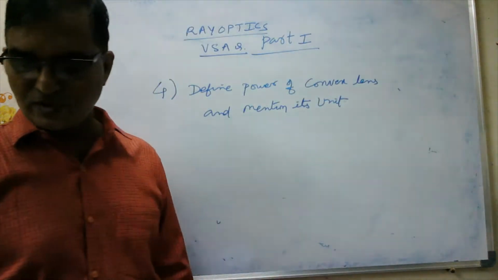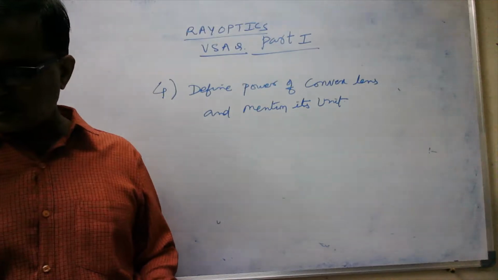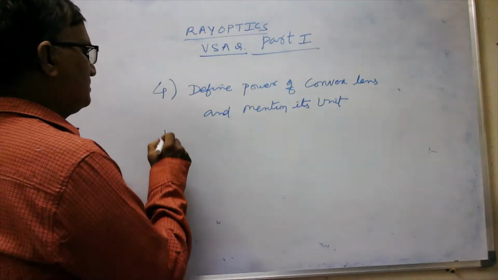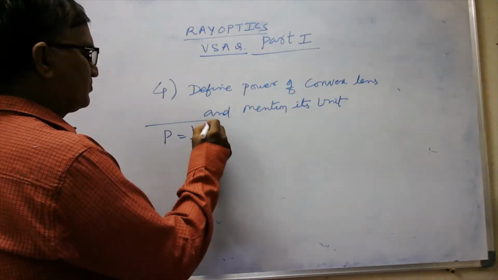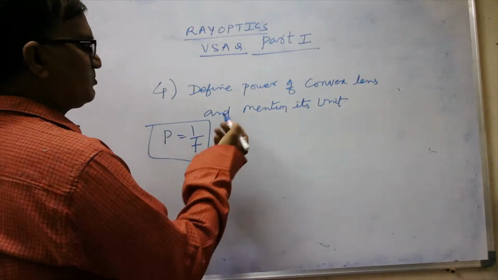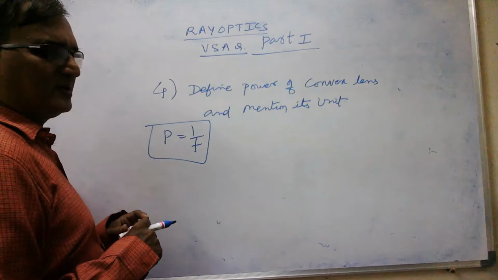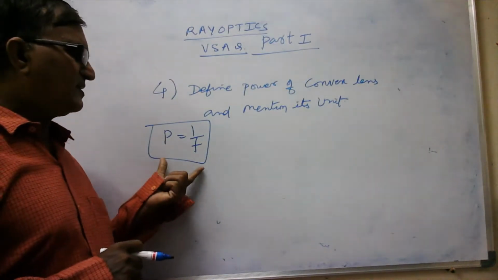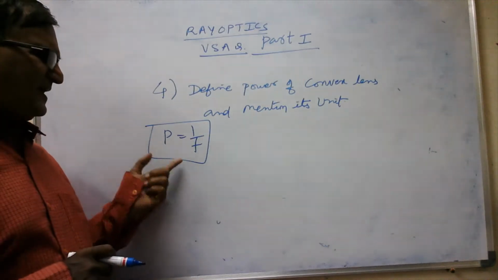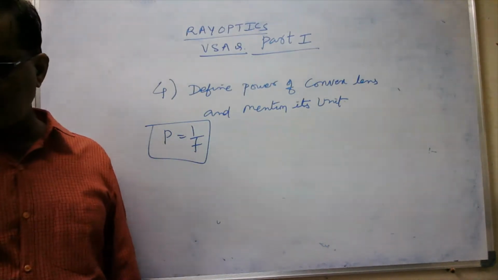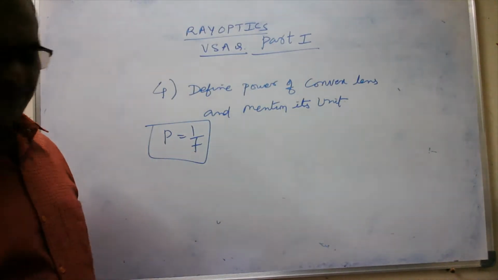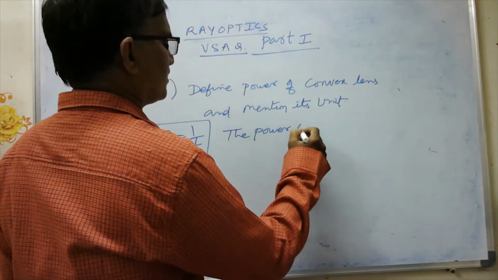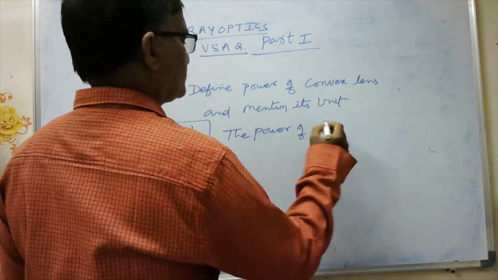Now, the power of a lens is defined as the reciprocal of focal length. Some textbooks give this as the definition, but that is not a 100% correct definition, right? So we can write it as an example: power is equal to 1 by f. It is a formula. This is the mathematical form actually. The power of a convex lens